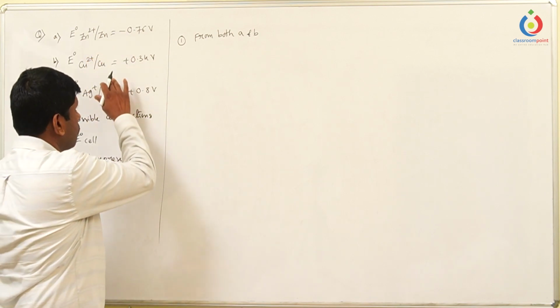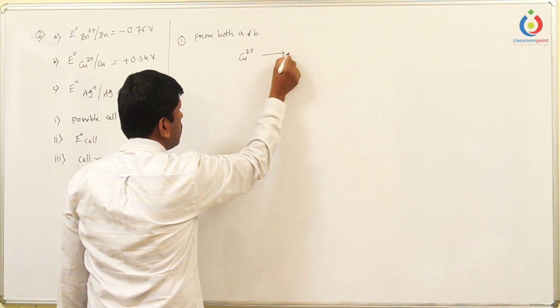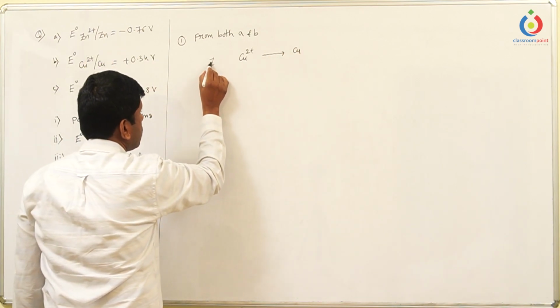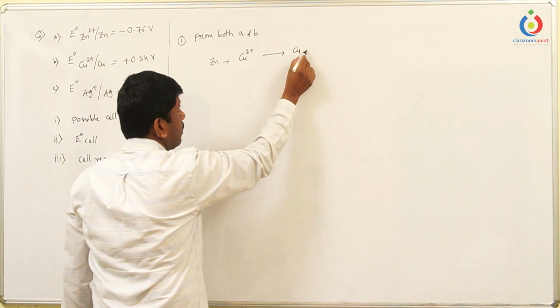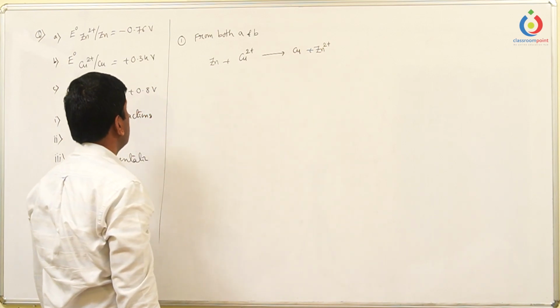So automatically, cathode means a reduction reaction takes place: Cu2+ converts into Cu. Anode means an oxidation reaction takes place: zinc converts into Zn2+. This is the cell reaction. Then